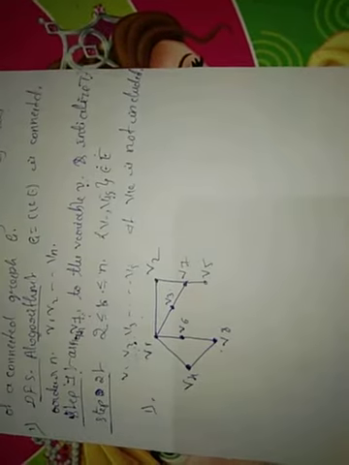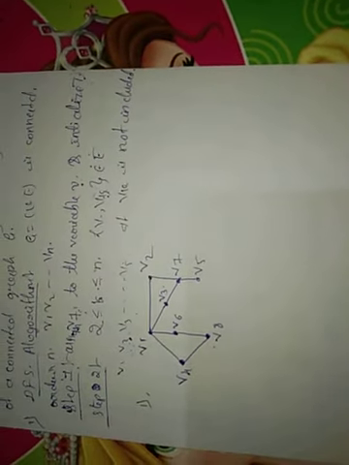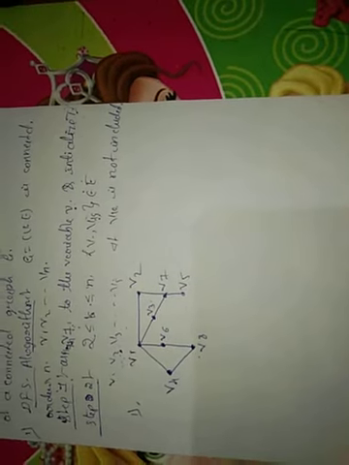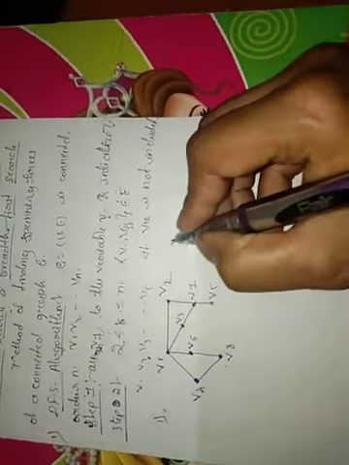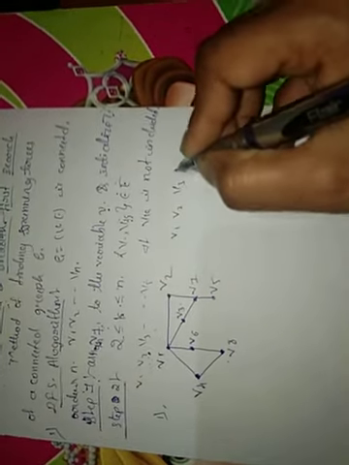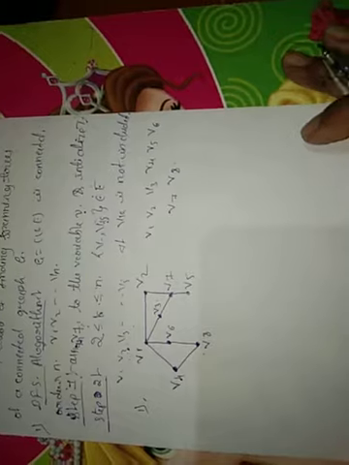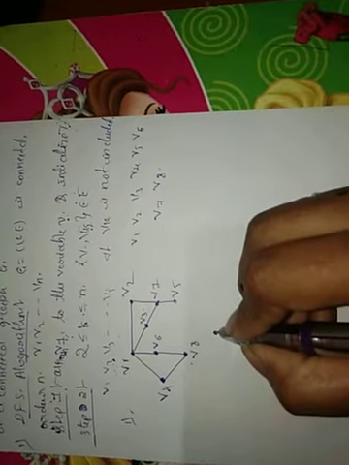So v1, v2, v3, v4, v5, v6, v7, v8. So totally 8 vertices will be there here. When we start finding the spanning tree by the method of the DFS algorithm, in the vertices of the list v1, v2, v3, v4, v5, v6, v7, v8, first we start with the vertex v1. v1 will be considered as our root.